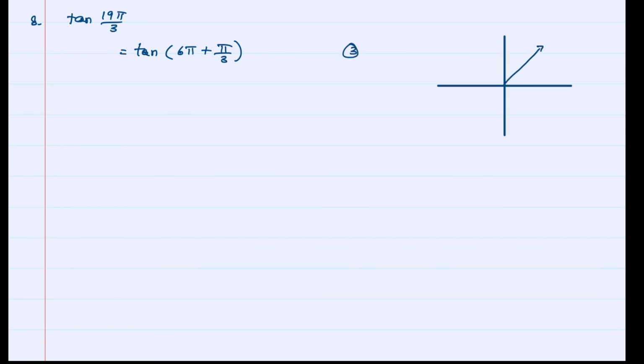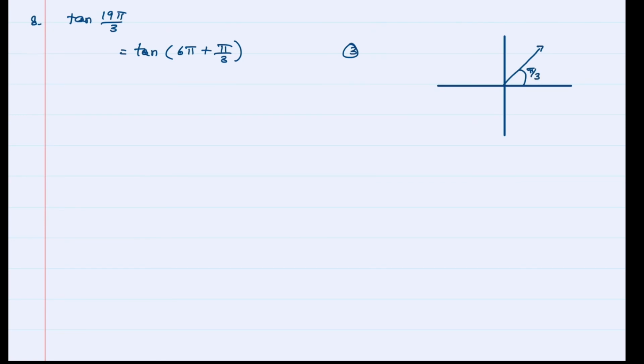Eighth question, tan 19 pi over 3. 19 divided by 3, 3 goes 6 times. So, we can write this as tan of 6 pi plus pi over 3. Take LCM and see. 18 pi plus 1 pi is 19 pi over 3, and 6 pi is 3 complete revolutions. Pi by 3 is in the first quadrant,